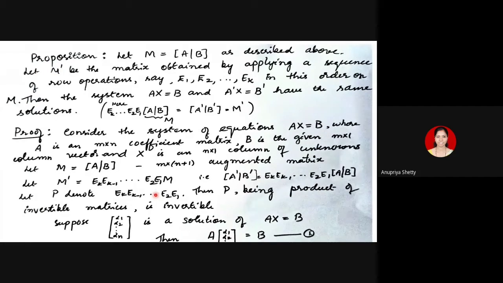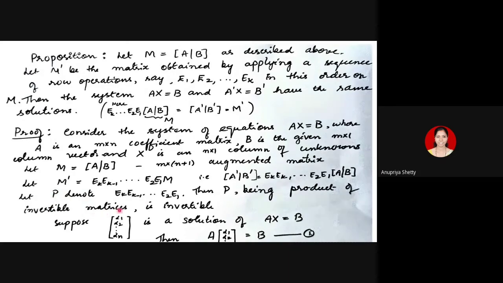Hope you're getting the point. I'm combining the previous lemma with one earlier proposition. What was the previous lemma? Elementary matrices are invertible. That says all these, EK, EK minus 1, etc., E2, E1, are invertible. And P denotes the product of these matrices. Each of them is already invertible. Now I'm considering a product of k number of invertible matrices, and recall the proposition which we proved by induction, that says the product of invertible matrices is invertible. Therefore, we can conclude this matrix P is invertible.